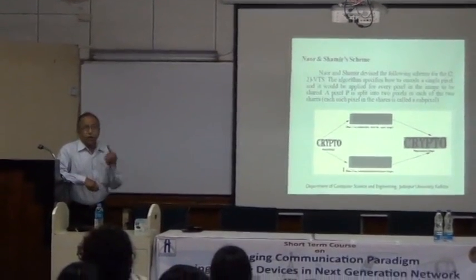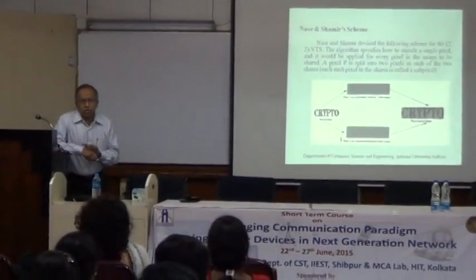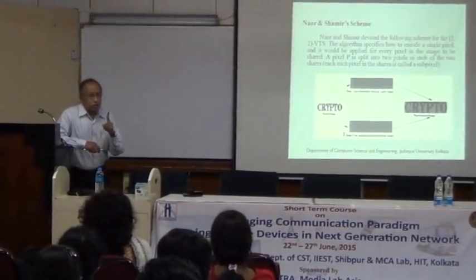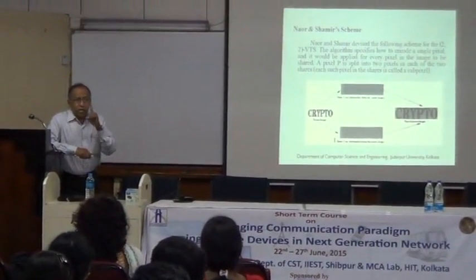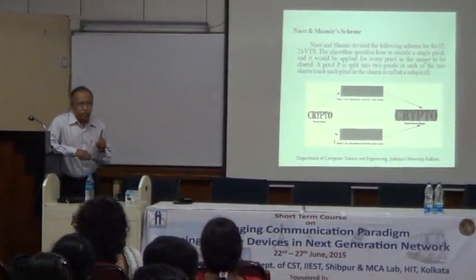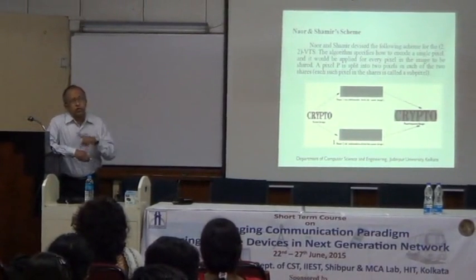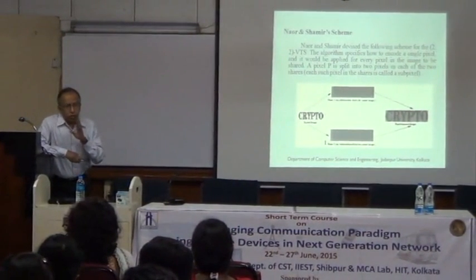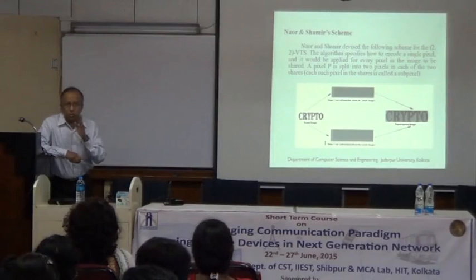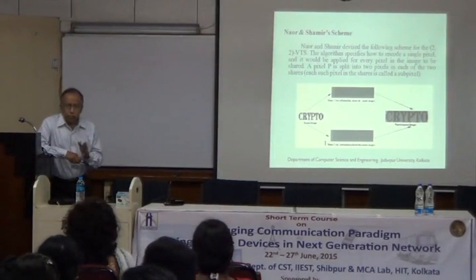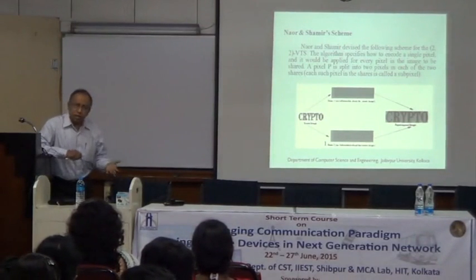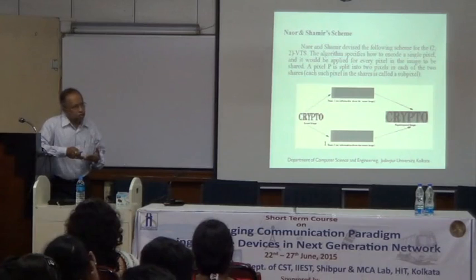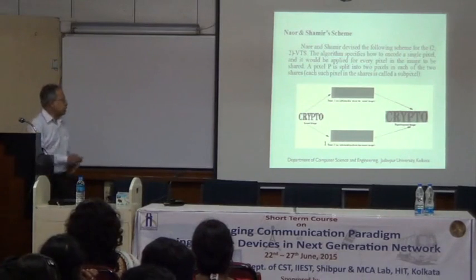Clear? So what happens? What Shamit described as real cryptography? It works only on black and white images. Every share is double the size of the secret image, and when you reconstruct, you have to suffer 50% contrast loss. Okay, and if you are done only with 2 by 2 share, maximum 2 shares, you need all the 2 shares for reconstruction.